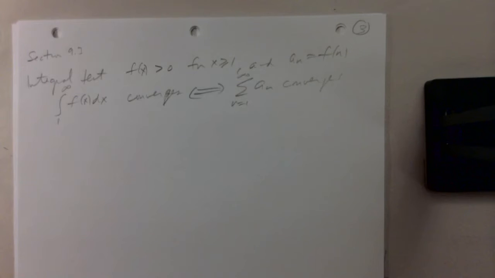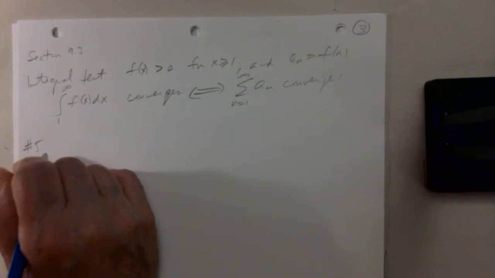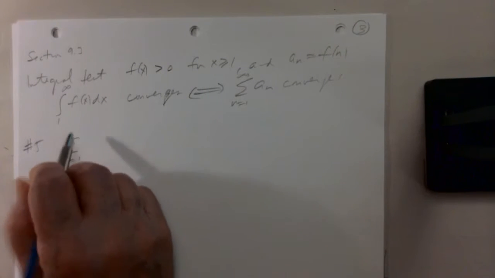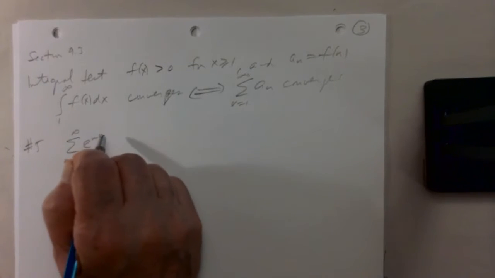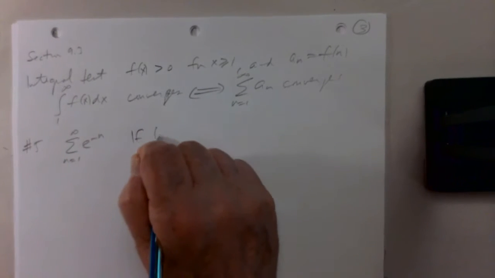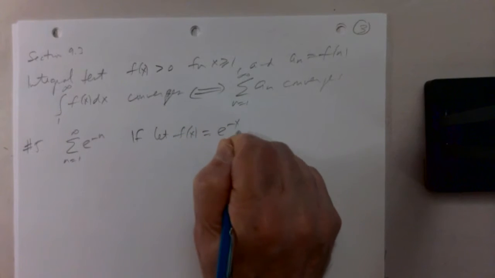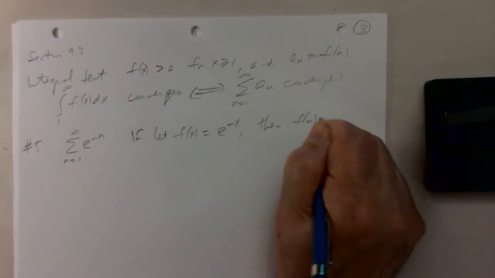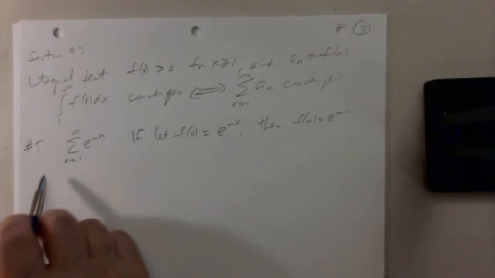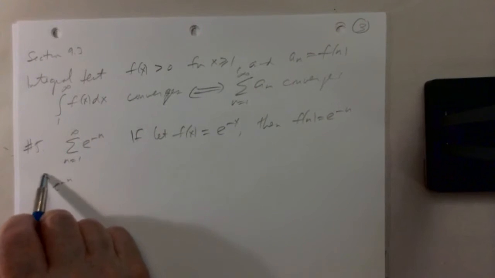So let's look at some of the problems. Let's see, in section 9.3, 1, 3, 5, 7. Let's look at number 5. So problem 5 is summation n goes from 1 to infinity, e to the minus n. And if we let f of x be the function e to the minus x, then f of n is e to the minus n. So this series converges